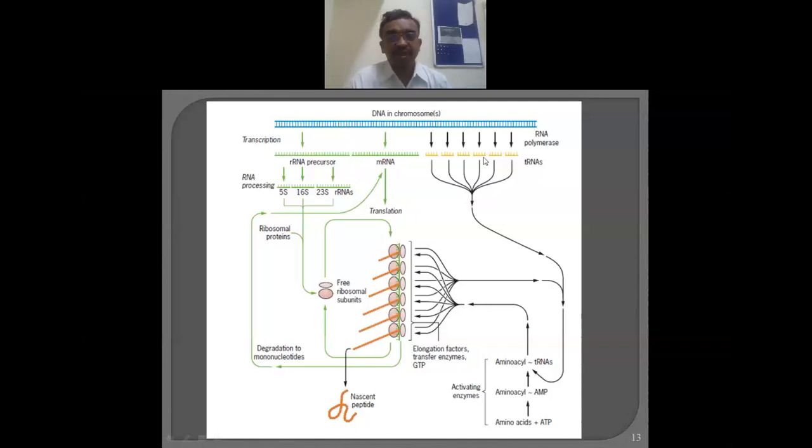Three-dimensional structure. Then all these assemblies are combined with each other, and they contribute to the synthesis of a protein. In that, ribosomes are very important bodies, and mRNAs and tRNAs are also important. mRNA's role is direct because it gives the instruction for what the structure of a protein should be. But prior to translation, there is the activation of a particular amino acid. That amino acid's tRNA should be attached, and then it can enter into the procedure. That is translation.